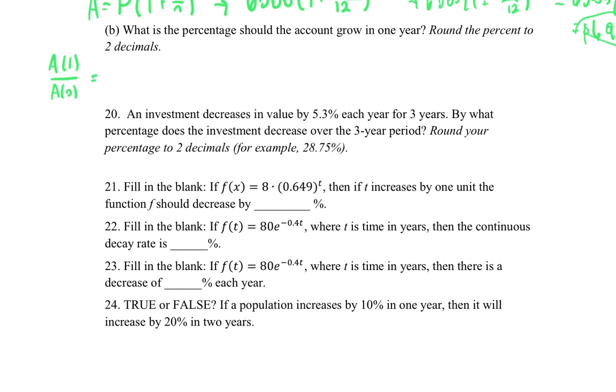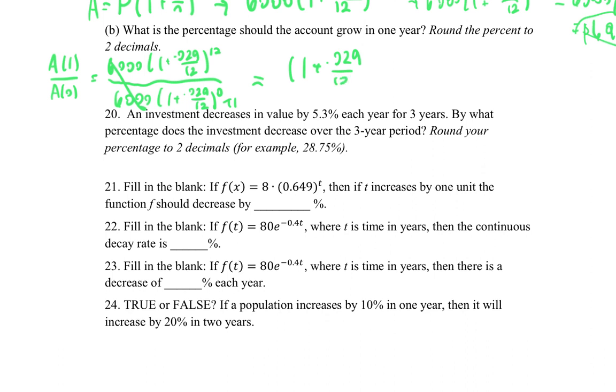On top, it'll be 6,000 times 1 plus 0.029 over 12, to the 12 times 1, which is just 12, over 6,000 times 1 plus 0.029 over 12 to the 0. Anything to the 0 power is 1. So these 6,000s cancel out. We get left with just a 1 on the bottom. So we'll get 1 plus 0.029 over 12 to the 12th, which I got was about